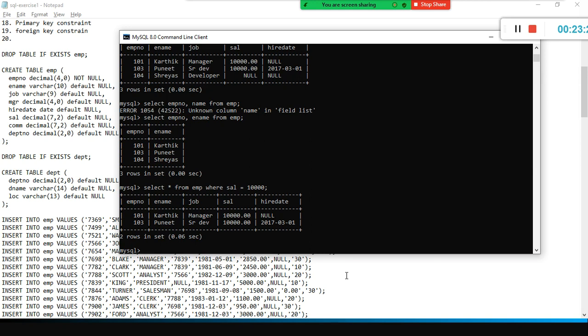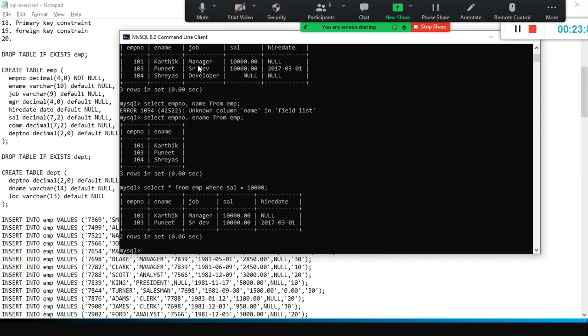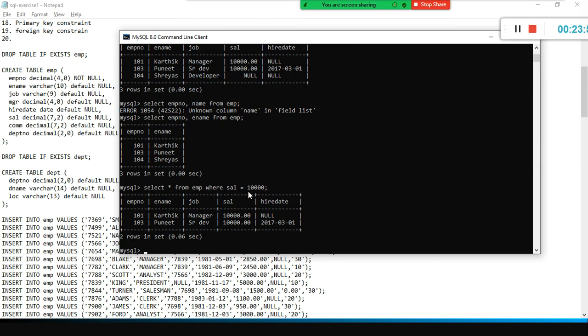Okay, now you understood how to insert the data into a table, how to insert the values into specific columns, how to select the entire data from a table, how to select only specific columns, and how to select specific rows, like 101, 103, based on the filtering condition. See here we subsetted the data. What do you mean by subset? Though I have 3 records, I wanted to take a subset of them, so using some condition, I subsetted it.